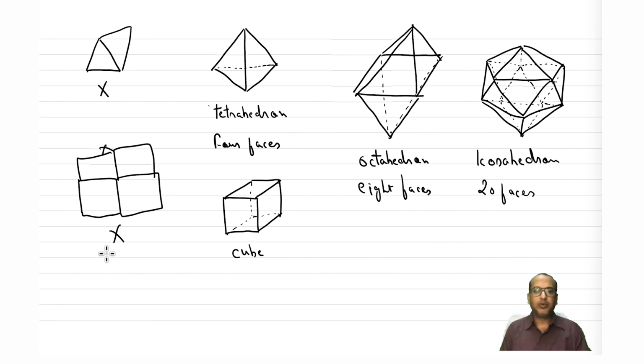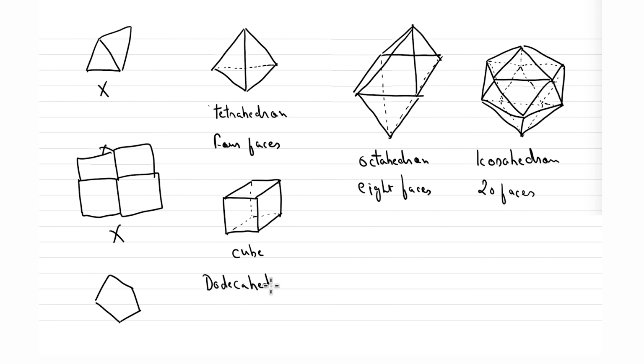Now let's go to a higher polyhedra, even higher polyhedra. So let's go to 5 sides, a regular pentagon. So now if you try to do it with a regular pentagon, you end up forming something called a dodecahedron. How do you draw it? So it's actually easy. If you see